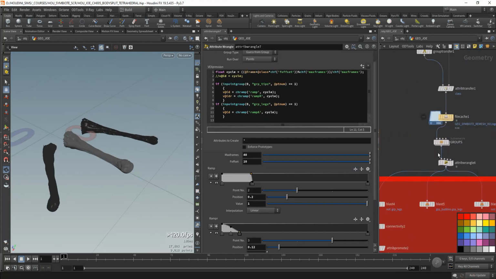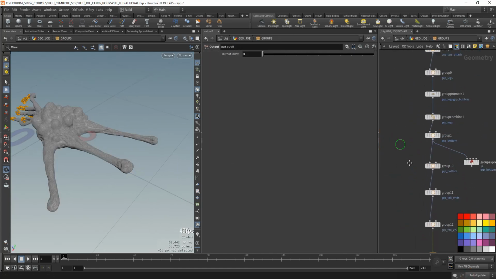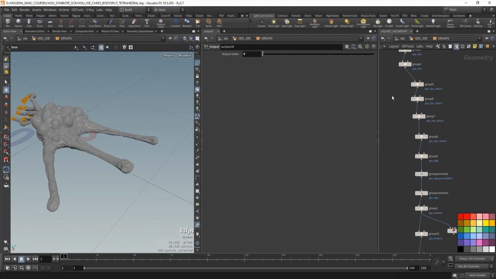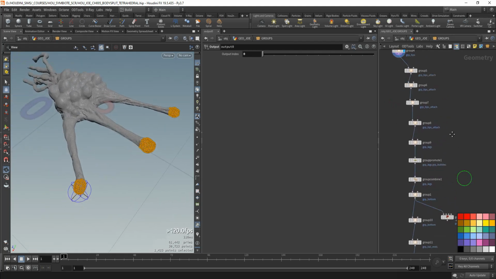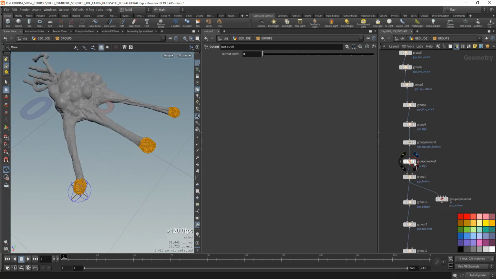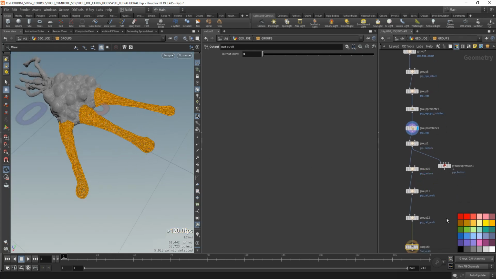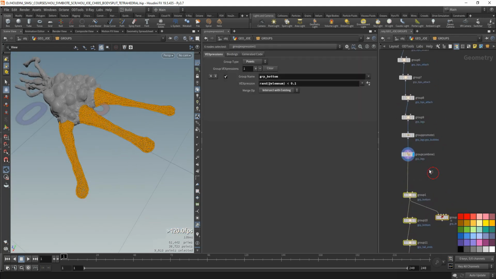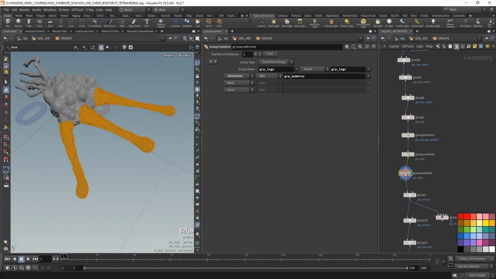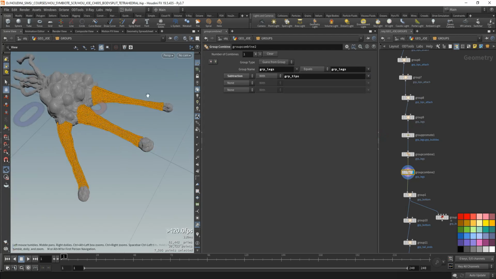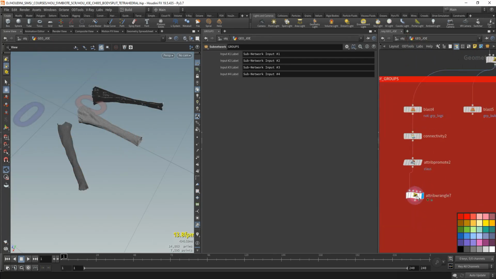So I forgot to do something in the groups. As you remember, we did the tips. So if you look at the tips, these are the tips, but these are the legs. So the legs contain the tips. This is something I wanted to avoid. So we're going to duplicate this group combine and do the same Boolean operation, subtract from the legs group the tips group. So this is what happens. I just wanted to exclude those tips from the legs. So this is why we had this issue with the